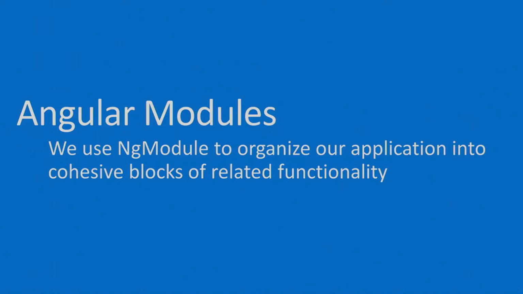Now this is the thing I said I was going to come back to. Every application needs at least one ng module. It's a way to organize your application into cohesive blocks of functionality. We do this in a lot of things. We do this with namespaces a lot, in .NET with C# too. The reason these modules are important to Angular, and this is actually a late addition because they were trying to figure out the right way to do it.